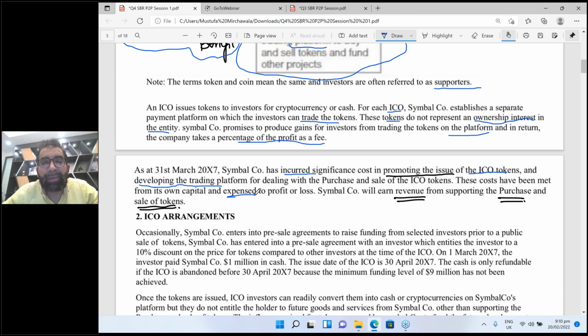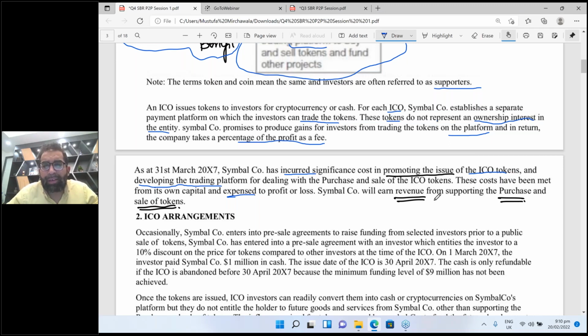Do you think the complete amount should go in expense? The answer is no. I just discussed, the answer is no. Only the promoting expense will go in PNL as an expense. The remaining trading platform cost may be capitalized if you are expecting economic benefit, and if it is in your control, then you can capitalize it. This is the simple thing and not difficult.